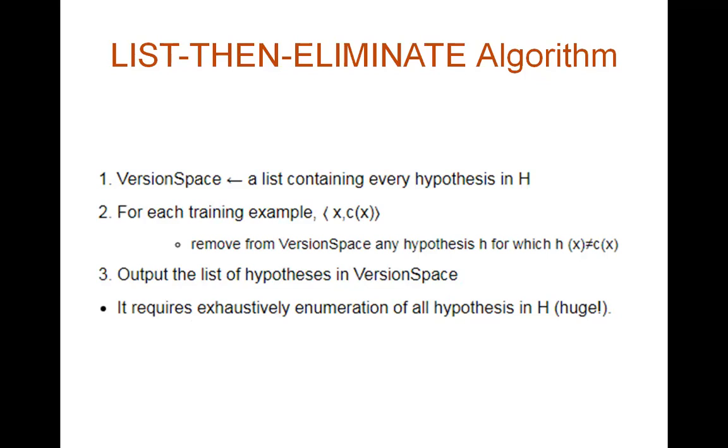I will go on removing it from this version space. Initially the version space has all the hypotheses, and I will go on removing the inconsistent hypotheses. So finally, whatever is left, only consistent hypotheses, is nothing but our version space. The List-Then-Eliminate algorithm tries to find all the hypotheses that are consistent with the given training data. Or you can say it can be used to create the version space for the given training data.